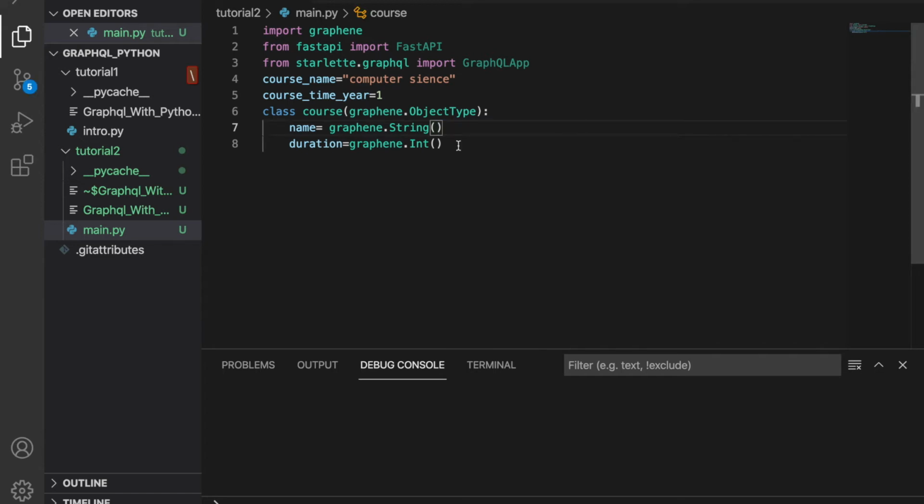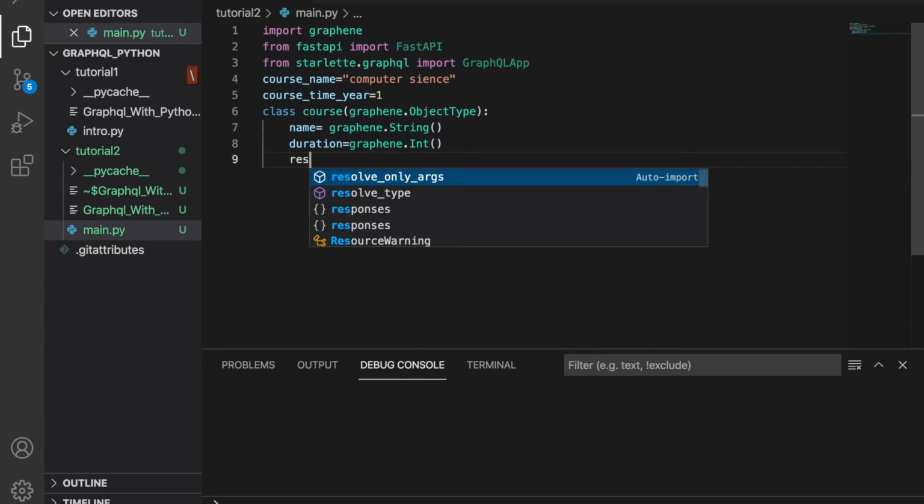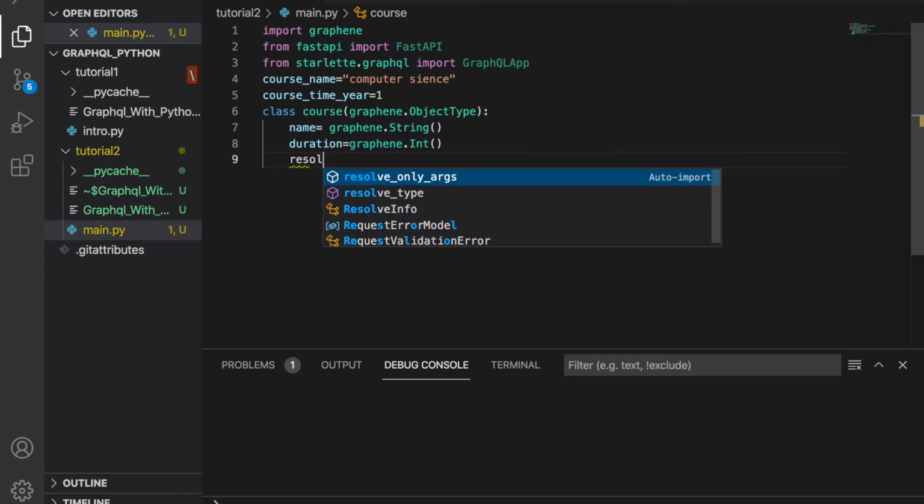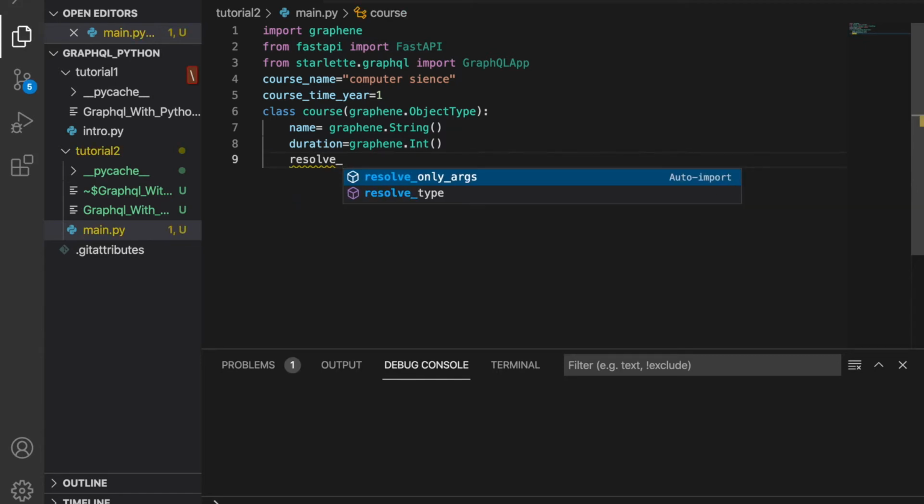Now we'll write a resolver method like we did last time. resolve_name. A resolver generally takes two parameters, self and info, if you are not having anything extra, then these two are fine.